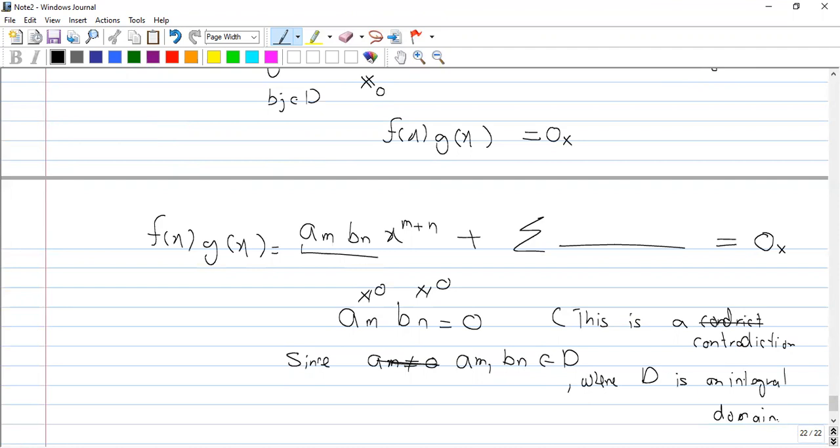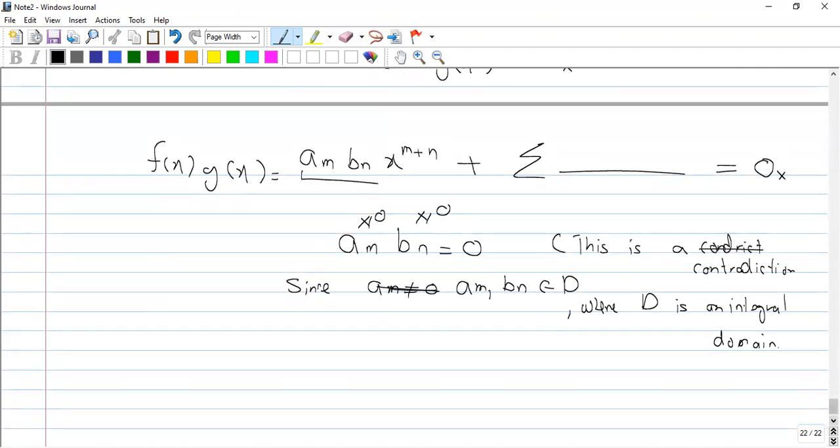So class, this thing simply shows you that if you construct a polynomial ring over an integral domain, then it would also be an integral domain. Later on, this fact will be useful to us: if I work over a polynomial ring whose base is an integral domain,